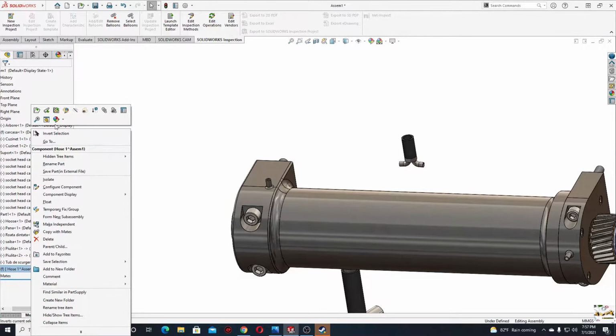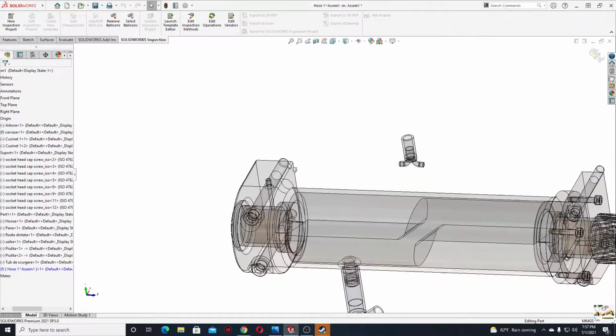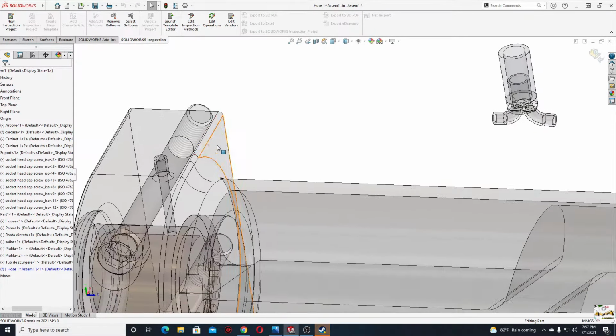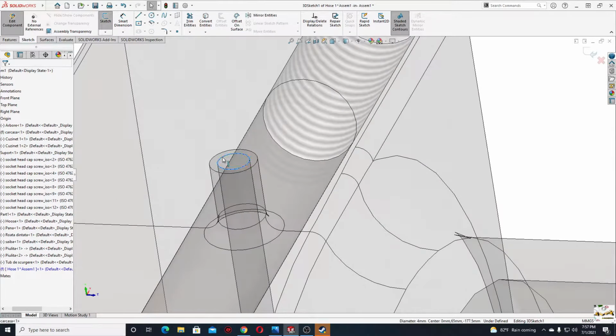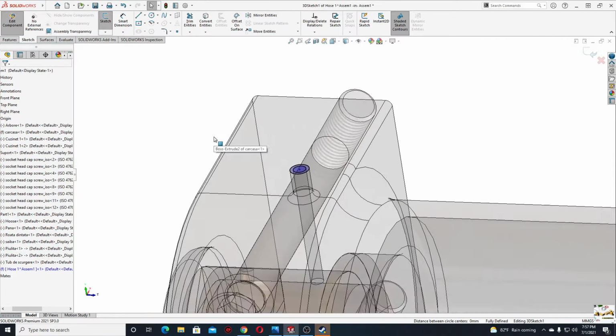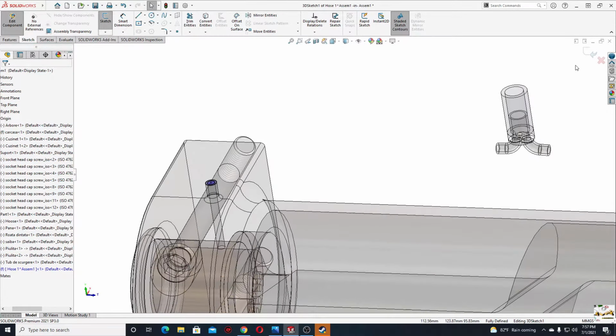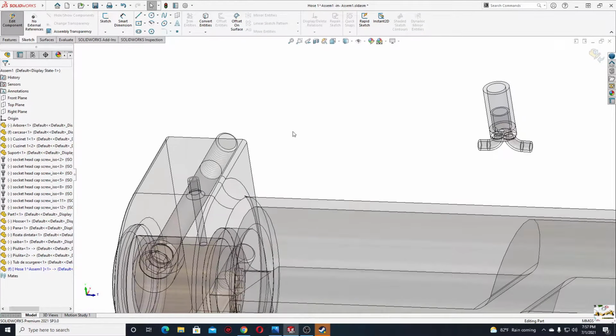Okay, now right click on it and select here edit part, and I will have to go up here at sketch, and I will go here to this arrow, select from here 3D sketch, and I will have to select this edge with this edge and select here convert entities command. Nice, and now I'll have to exit from here this 3D sketch, and I'll have to make another 3D sketch, but first we'll have to go to this icon, to visibility, and we'll have to select this one, view temporary